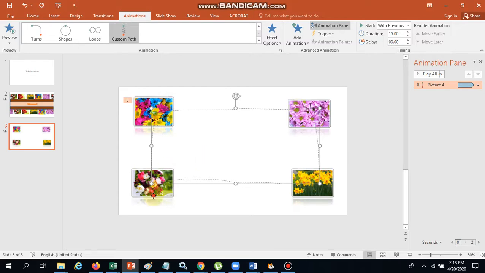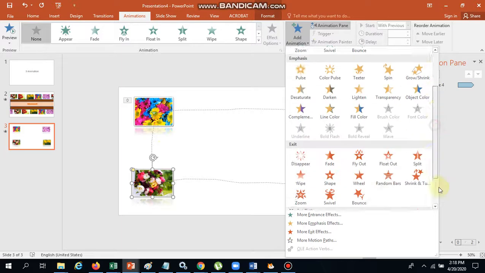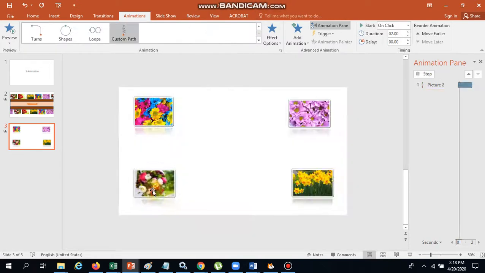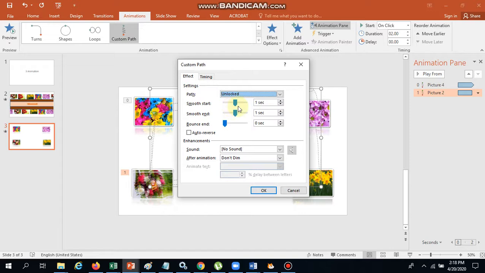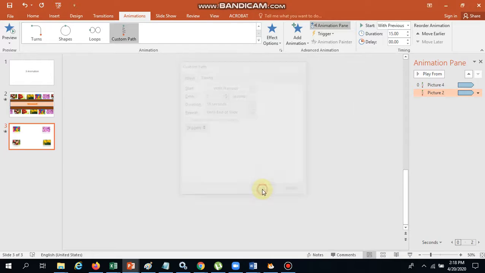The same way, choose the second picture, Add Animation, Custom Path, and give the path in the rectangle shape. Then choose Animation Pane, your second picture, Effect Options, Smooth Start and Smooth End from the beginning, Timing: with previous, 15 seconds, repeat until end of slide.